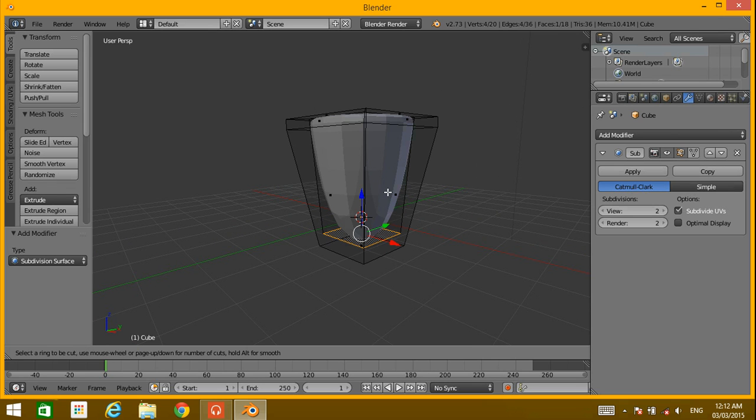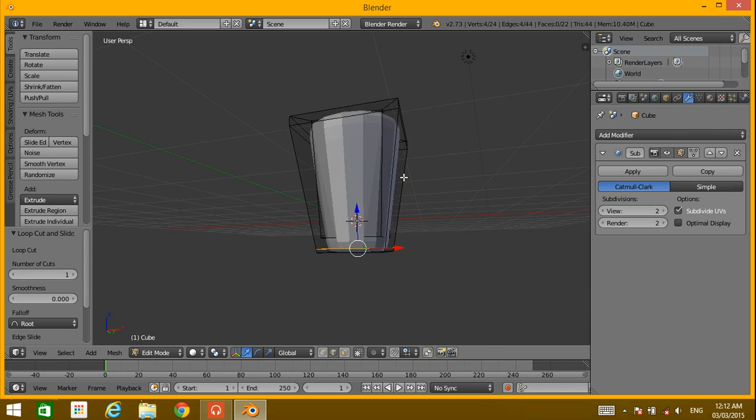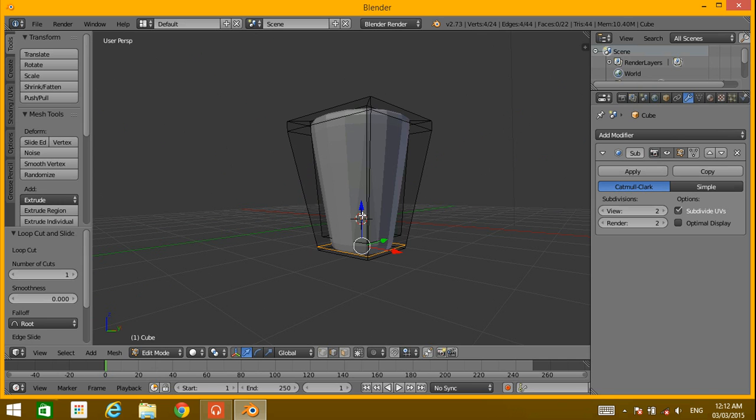Press Ctrl and R to make a loop and drag it here for a sharp shape. Alright, grab it down a little bit.